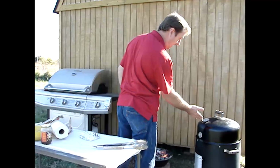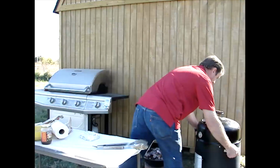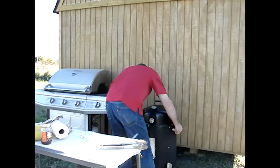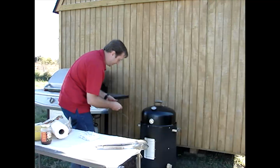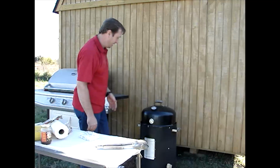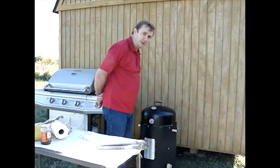So, as you can see, by not taking the lid off, we've dropped down to about 150, but still got some heat built up in there, so we're not gonna lose anything. Now I'm gonna lift this smoker body back up and set that right back down very carefully over the top of that charcoal pan. Now I can plug my thermometer back in, and we're up to about 150 degrees on that turkey, and we're gonna watch this thermometer just a minute. It's already starting to come back up. We've already climbed another 30 degrees back up to about 180, and I suspect that will continue to climb